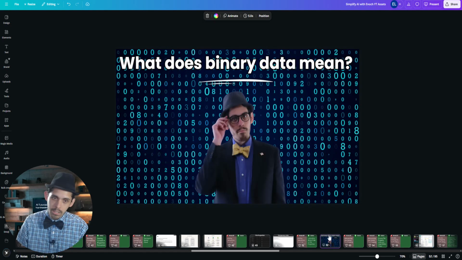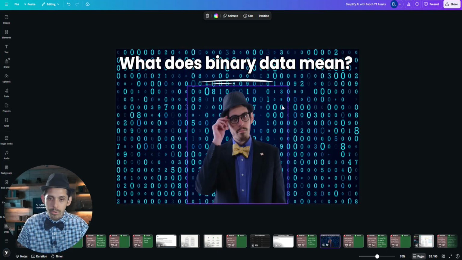So you might be asking, what does binary data mean? When I asked ChatGPT, they basically said it's the ones and zeros. Binary is two, so it's the ones and zeros. And somehow it's the actual literal file, where most of the time we have a link to a file, but this is the actual file when it's stored on your computer or on a flash drive or on your phone, and it's taking up all that space. That is not a link or a reference, it is the actual file. So we have to upload the real file to Notion, but in order to do that,